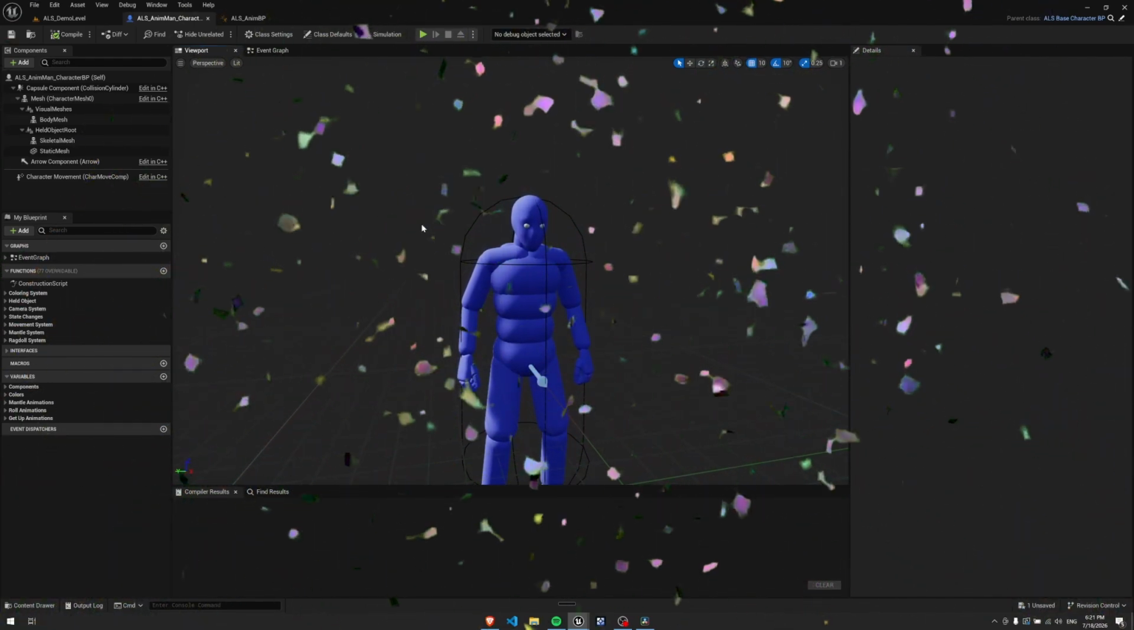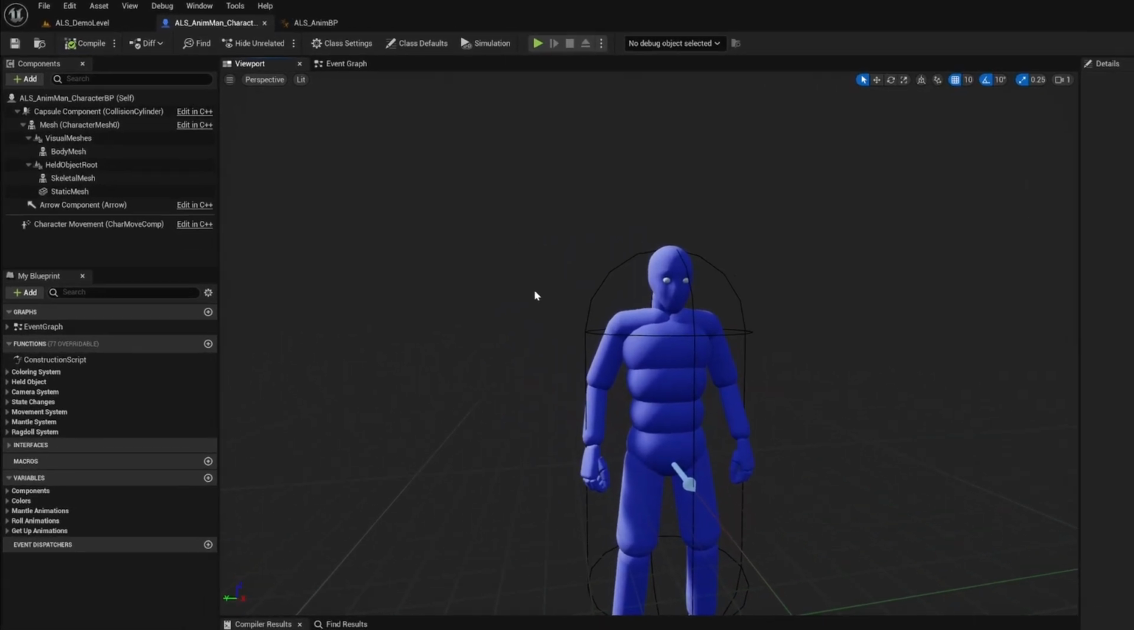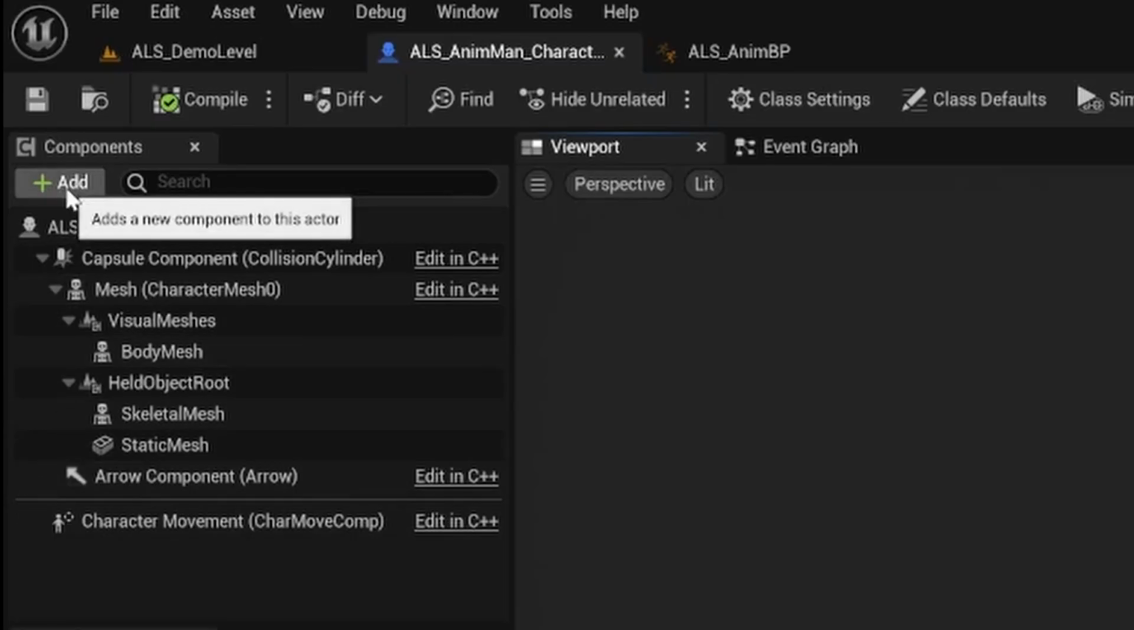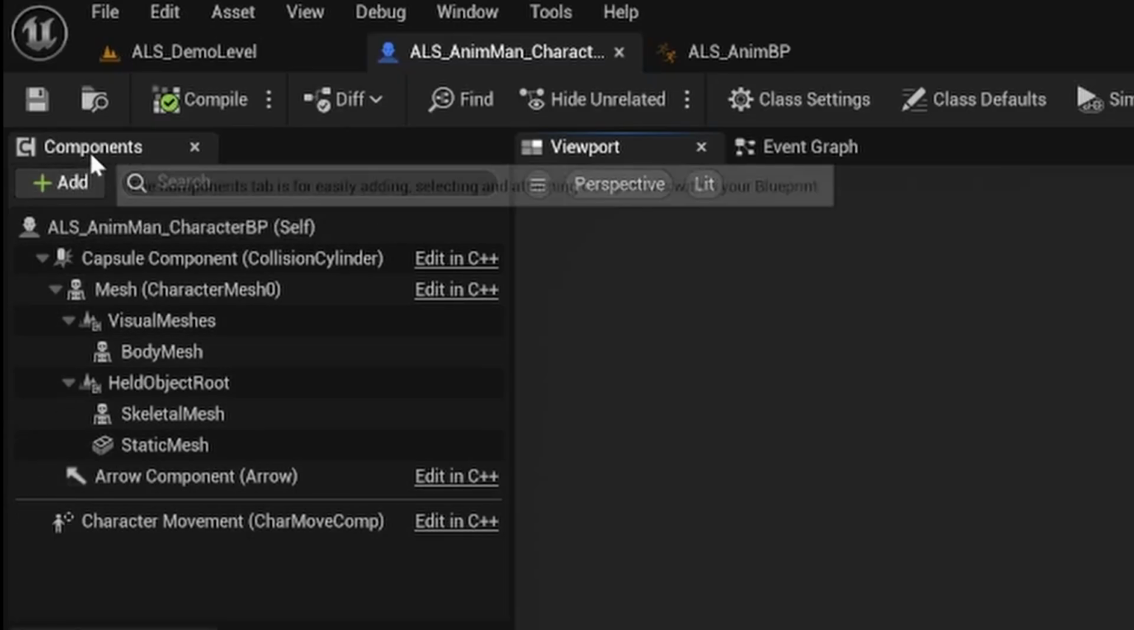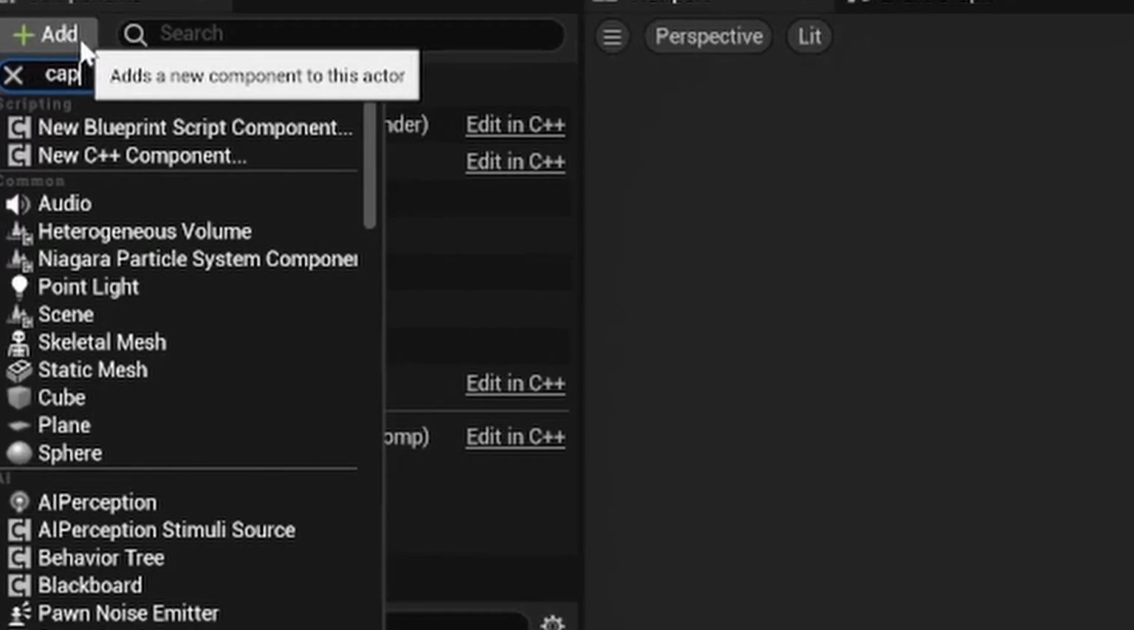Now, what is the first thing that we're going to do? We're going to create a collision for the character, so whenever something touches the character or collision, it will fire a function that will make us brace. So, on the top left part of our screen, we will see an add button in our components tab. Click add and just look for capsule collision